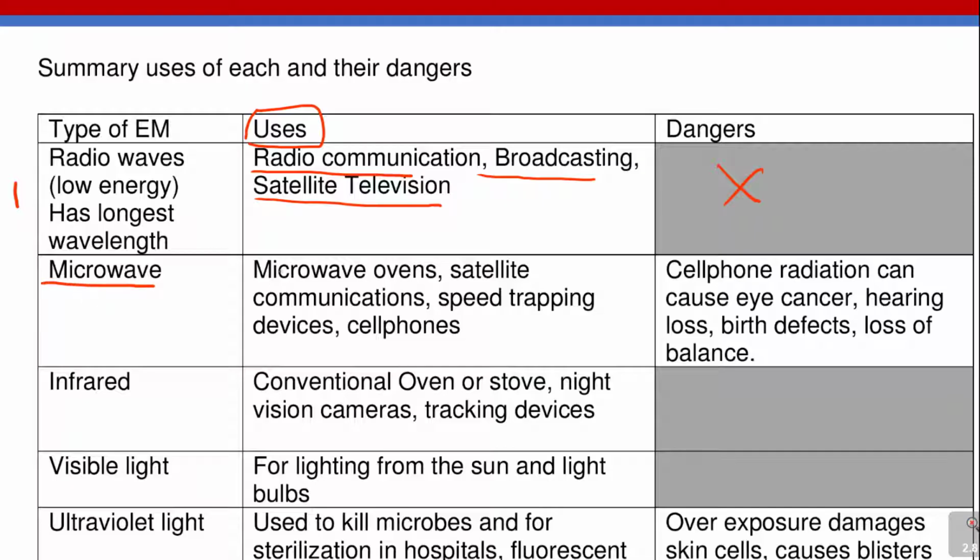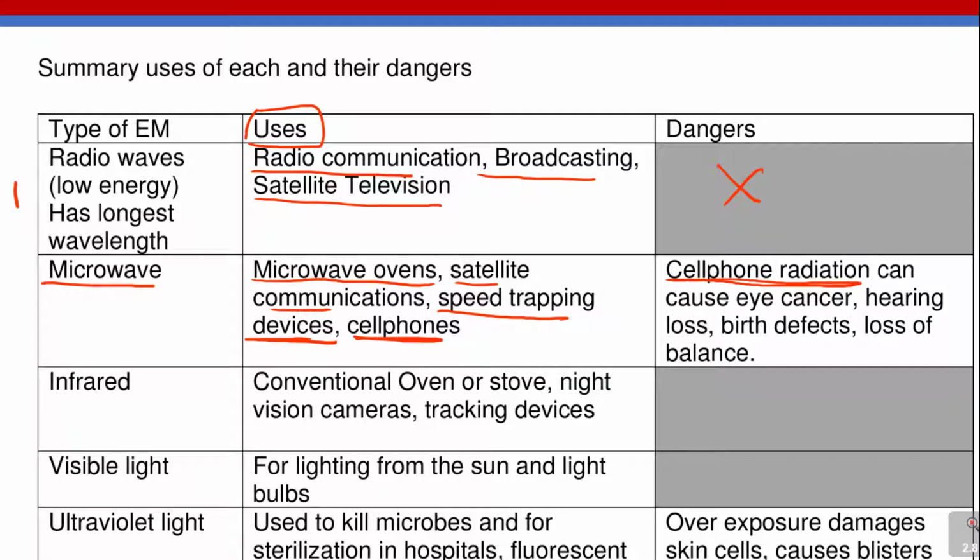Microwave, the microwave ovens, you find them there, for satellite communications, for speed trapping devices. The police are using that on the road for overspeeding. If you want to check that you are overspeeding, they use these microwaves. Also used in cell phones. Those cell phone towers, they use the microwave. So they use it, and in dangers,